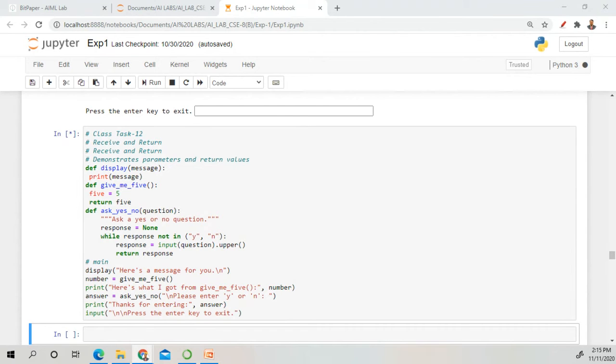In the second statement, I'm using a for loop, for condition.